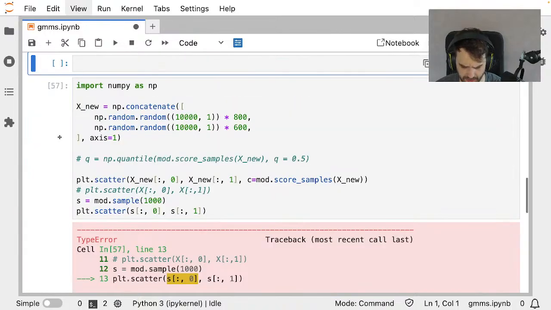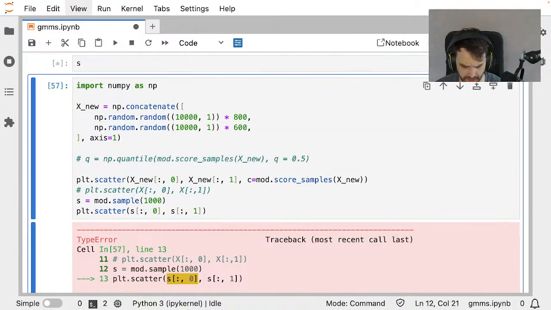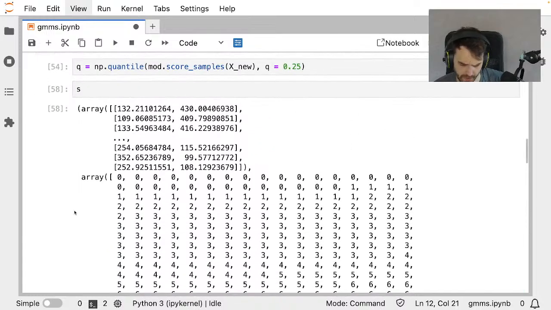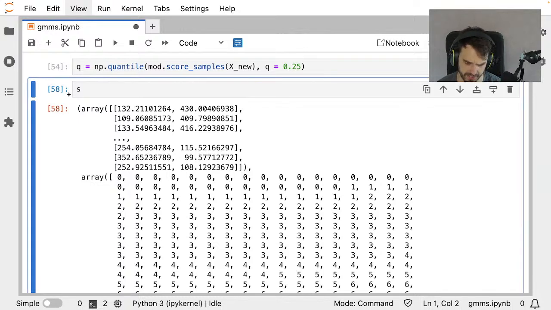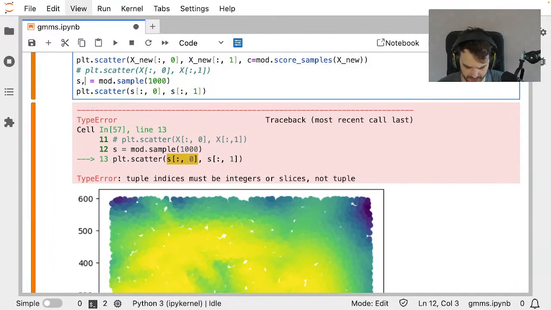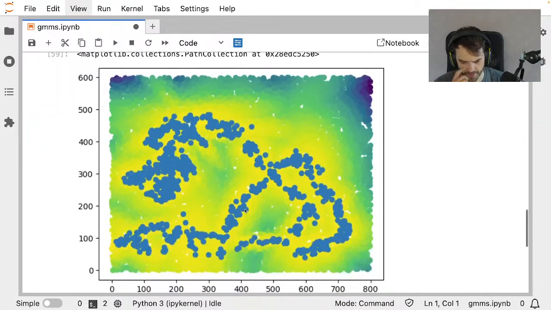Let's just check on S. Oh, right. So it's going to give me the coordinates, and then it's going to give me the cluster that it belongs to. And I am, in this case, only interested in the coordinates. So I'm going to save the stuff that I'm not interested in into an underscore, and then this should go ahead and work.